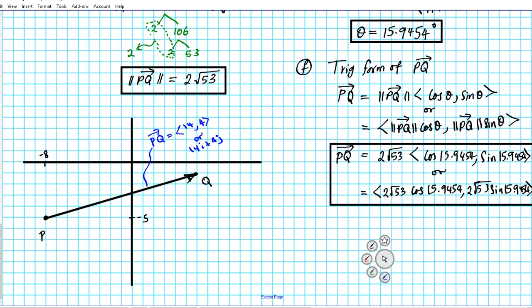The direction is the angle it makes starting from the 0 position. In this particular case, since both components are positive, the reference angle we got, which is 15.94 degrees, is exactly what the direction is. Remember, that is not always the case. If you have a negative in one or both of them, you actually have to draw the vector in order to know what the